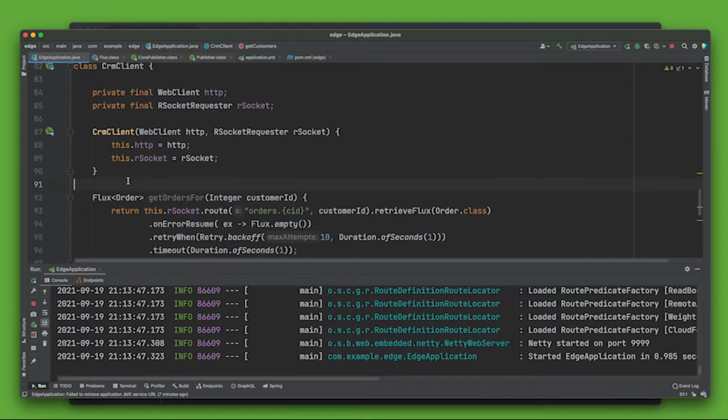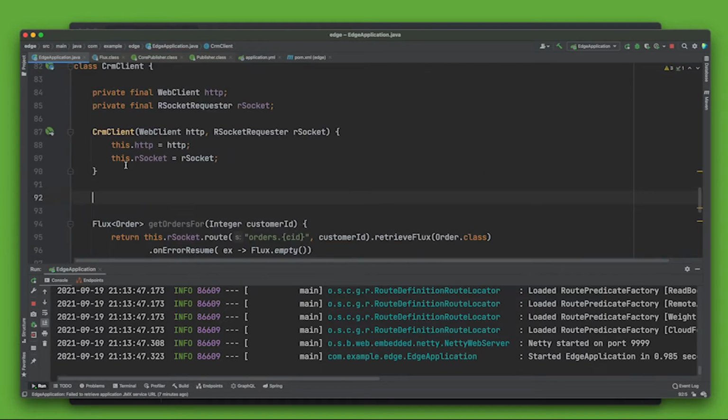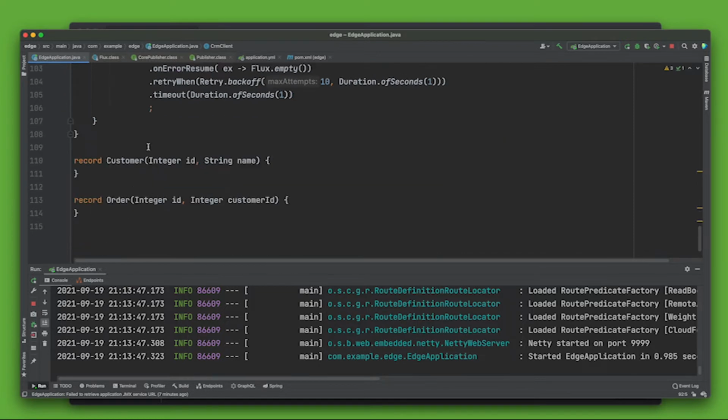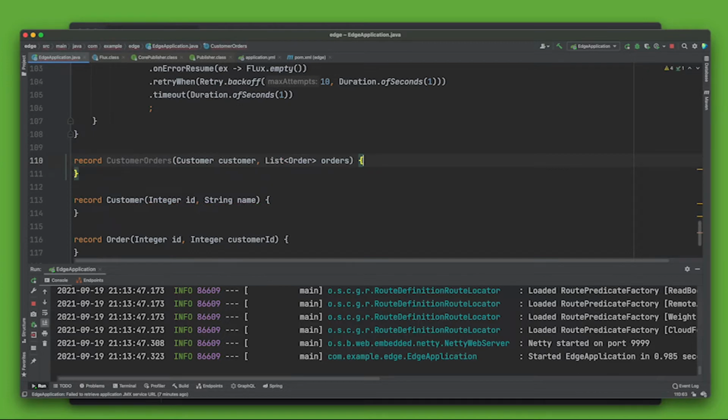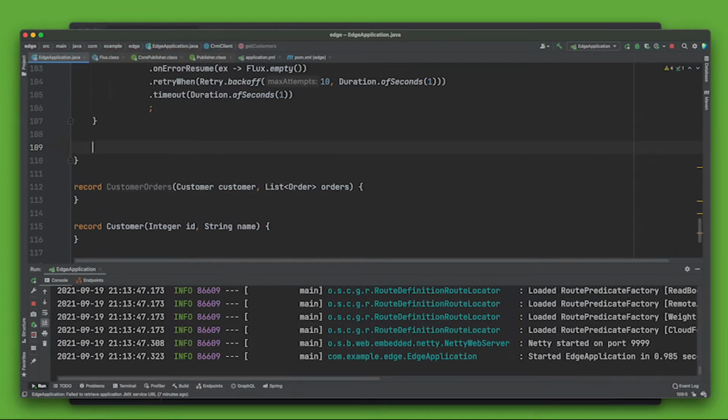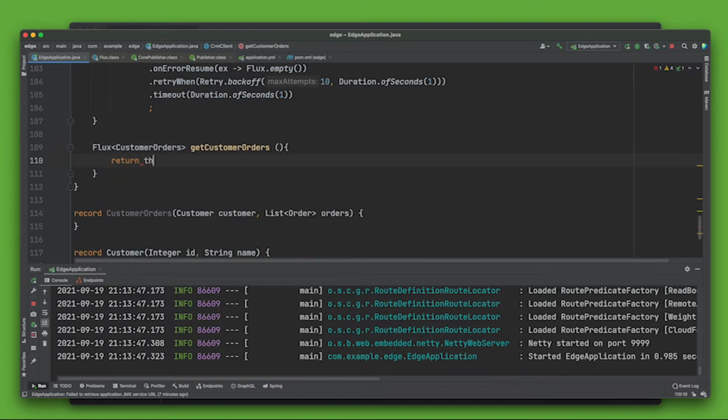But now I want to build, like I say, a composite. I want to compose these streams of data. So I'm going to create a new aggregate here, CustomerOrders, and it'll be a customer on the left. The first field is a customer, and then a list of orders on the right. All right, so there's my aggregate. It's CustomerOrders, and I want to create a new endpoint that returns both the customers and the orders for those customers, right? So getCustomerOrders, return